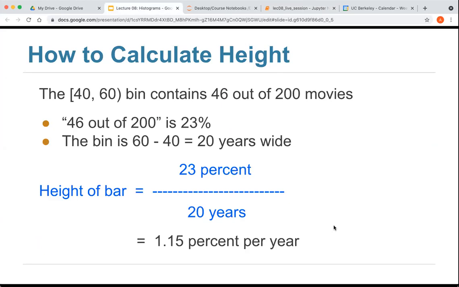Why would you ever draw a histogram with unequal bin sizes? Excellent question. Depends on the variable. If you look at the United States education system, grades 1 through 5 are elementary school, 6 through 8 are middle school, 9 through 12 are high school, you have 4 years of undergrad, those are unequal. And when you want to summarize those data, you might easily want to use unequal bins.